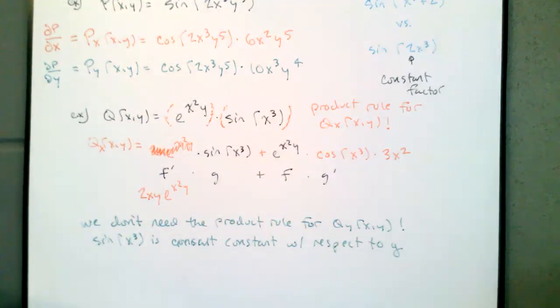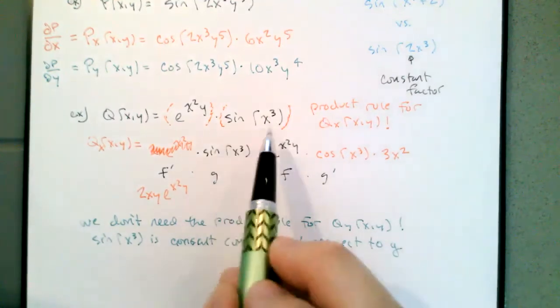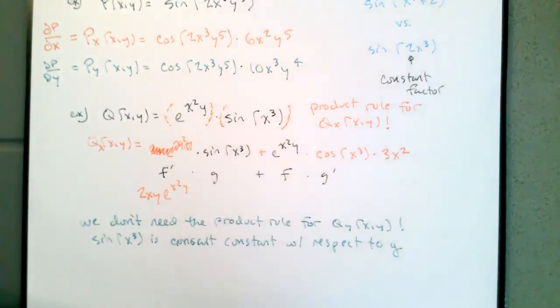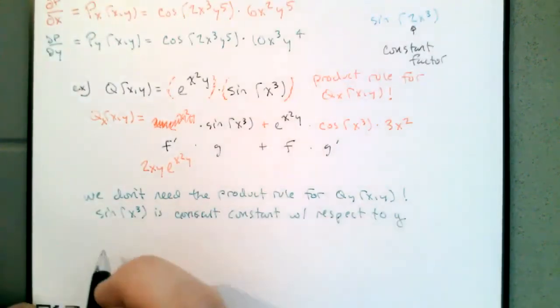We would not be wrong if we used the product rule, but we would have to write the derivative of sine of x cubed with respect to y. That's going to be 0. So one of these terms is just going to drop out. So to find qy